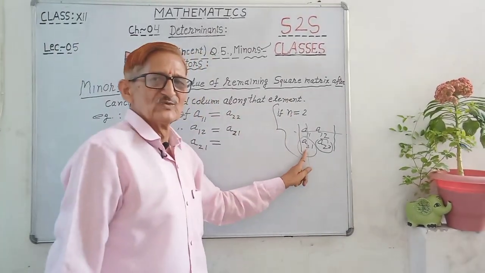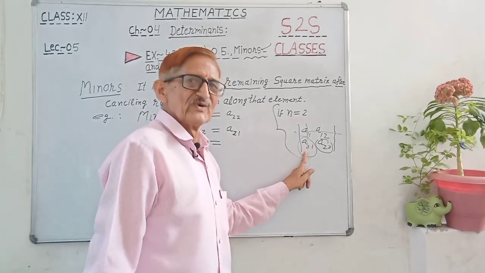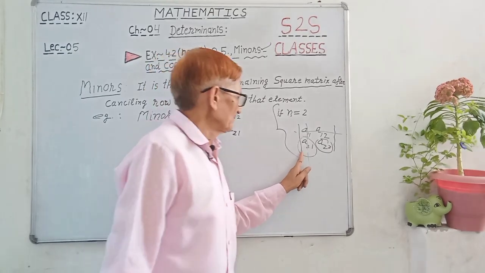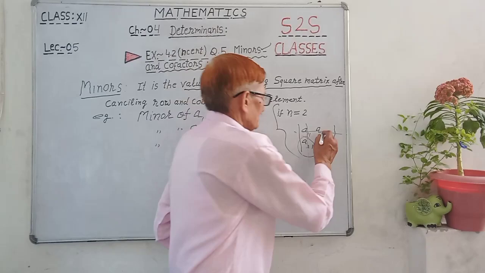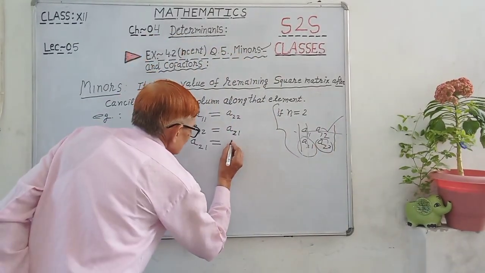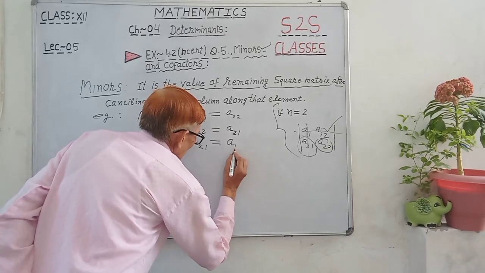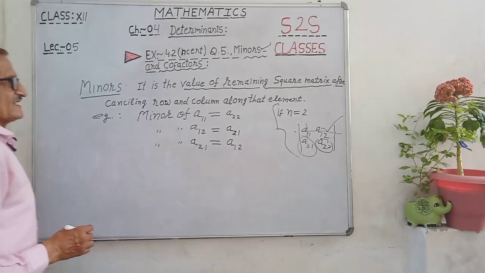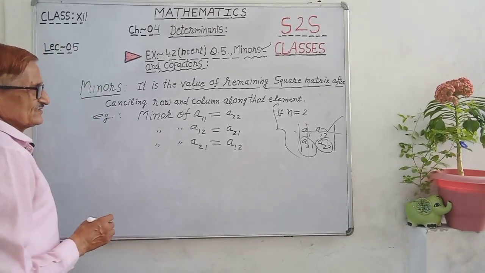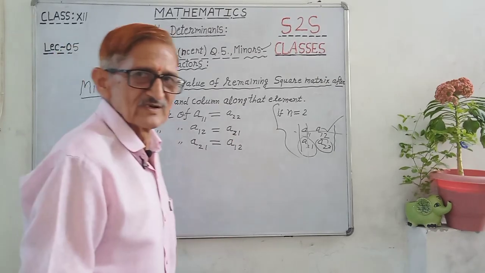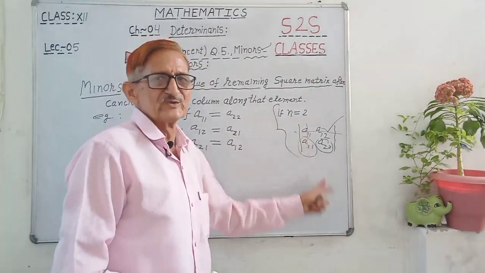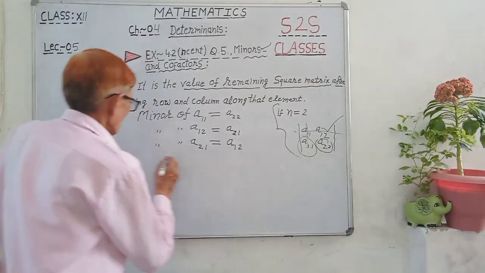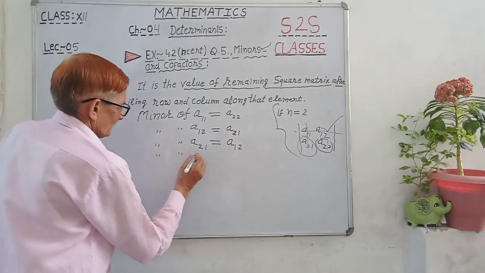So 2 is the number of row and 1 is the column, we know Aij. So the 2nd row and first column cancel, what is left here is the A12 element, the remaining element A12. A square matrix will be left, and the remaining value of that remaining square matrix. Here the remaining square matrix is 1 by 1, because total n is 2 by 2, so with only 1 row 1 column cancelled, 1 element will be left. Now similarly, the fourth element, what is A22,